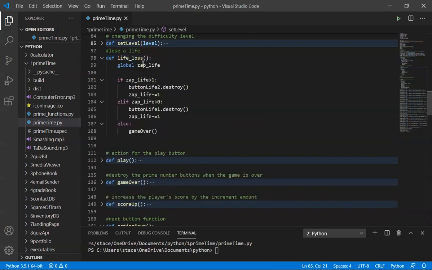Now the life loss is basically we're going to use the zap life. That's the count of how many lives are left. And then if the zap life is greater than 1, then we're going to destroy the button 2. All right, so now they no longer have 2 lives, they only have 1. All right, but